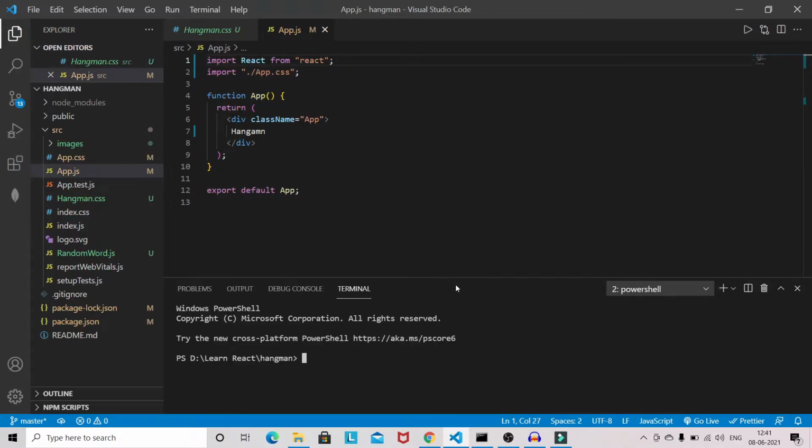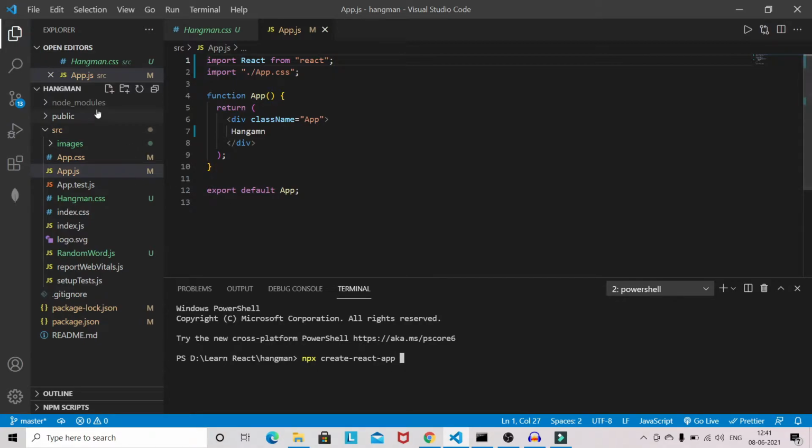So guys, as you can see, I have created a React project. You have to use the command npx create-react-app.